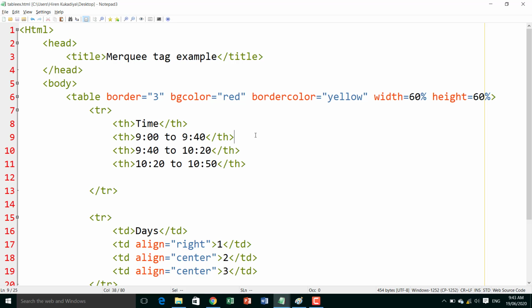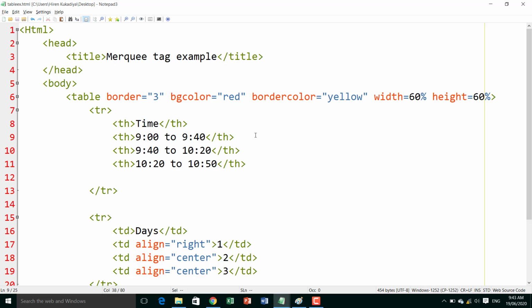Okay, so this is the basic example of your table. A table is what? A collection of rows and columns, and using the table tag you can create the table in web pages. Understand? And there are some attributes: border, bgcolor, align, cellspacing and cellpadding. These are all attributes of the table tag.